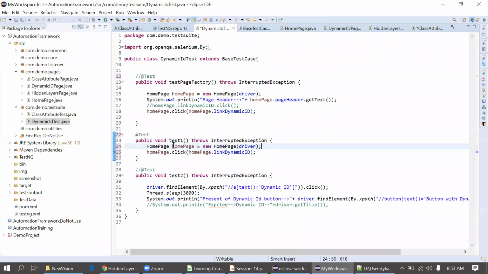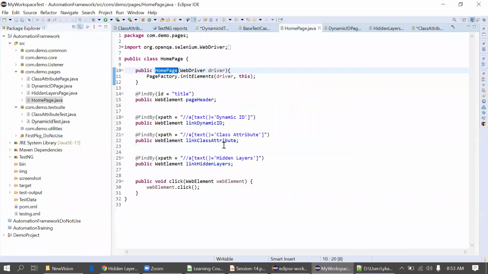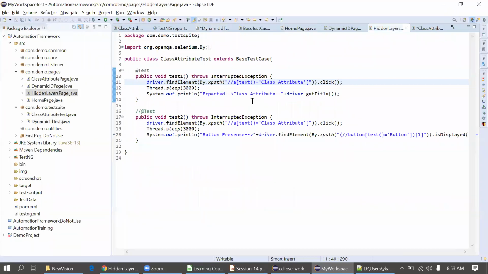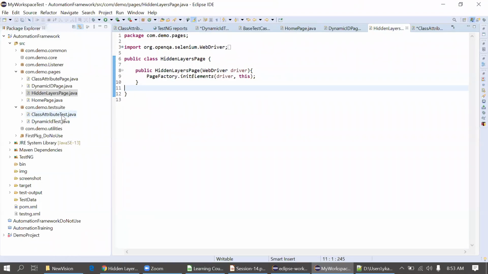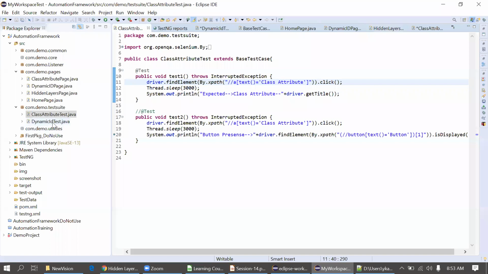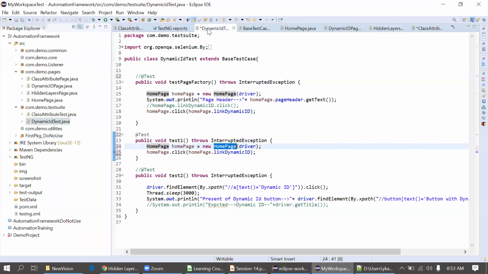Now, by using this first line, I'm initializing the browser, and the browser will open and you simply hit the URL. I'll close the other windows.